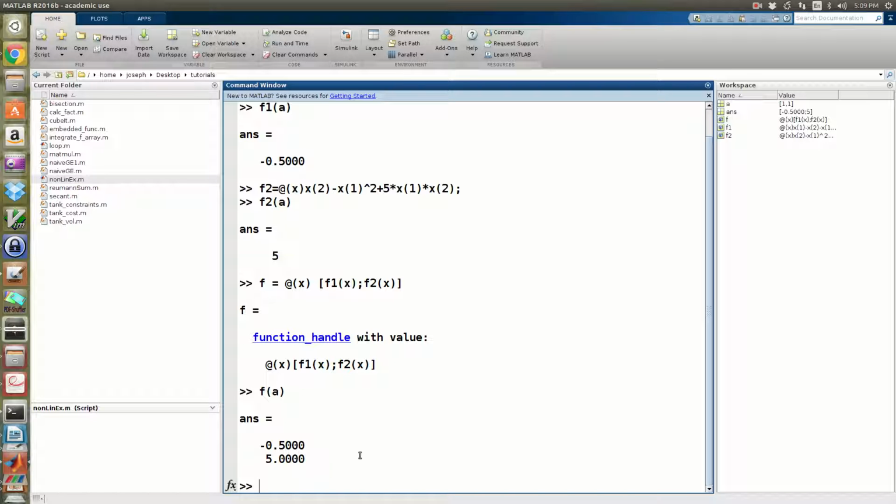Alright, so now that I have that function, I can use a built-in Matlab function to solve this set of equations. I'm going to show you how to do it first, and then I'm going to talk to you about the solution a little bit. So the function is called fsolve, and if you just look at the documentation for fsolve,